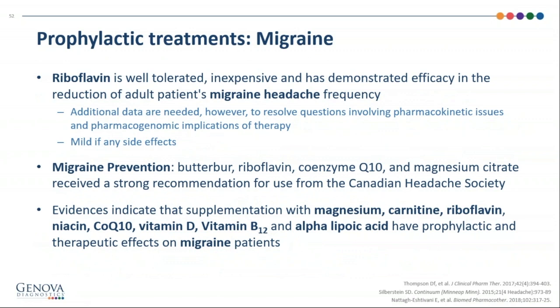Migraines, prophylactic treatment for migraine includes riboflavin. We talked about that. And then this is a combination treatment looking at butterbur, riboflavin, CoQ10, and magnesium. And then there's also evidence that supports magnesium, carnitine, riboflavin, and alpha-lipoic acid in a separate study looking at migraine. So you might want to jot down page 50 or slide 52 if you're dealing with migraine and review your